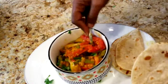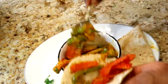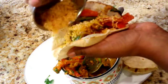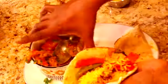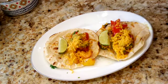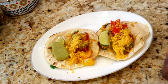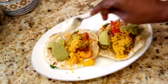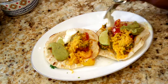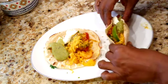To make it look like a Mexican taco or tortilla, what you could do is scoop out some of this and add some cheese to it, and you could add any strips of chicken, whatever you like. So I'm going to add a little bit of guacamole, and some sour cream. So we transformed this dish into three different things. So here is your vegetarian taco,